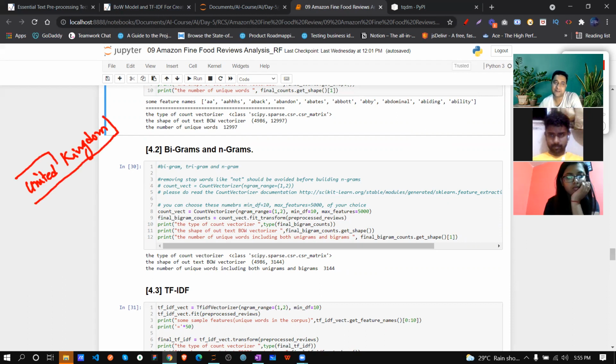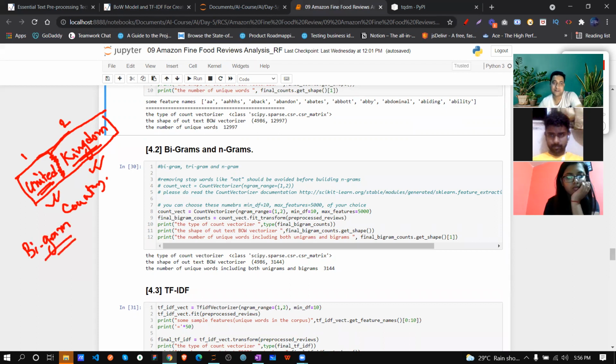If we think of it as United and Kingdom separately, it does not make sense, correct? Because United means something else, Kingdom means something else. But if we remove the splitter and merge these two words, then we know this is a country, correct? So how many words are there? 1, 2. So this is what we call a bigram.